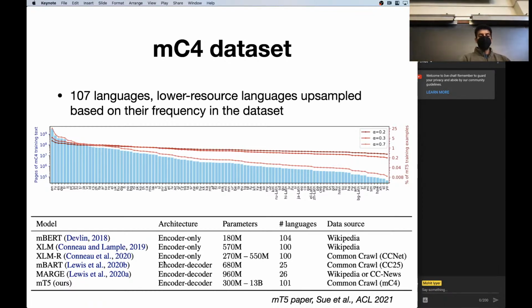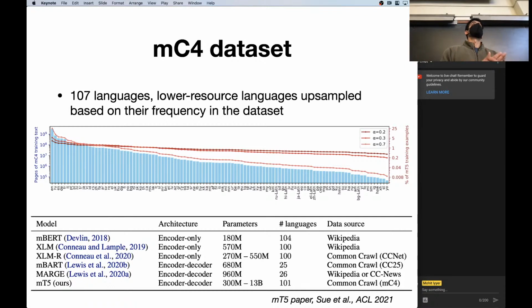So here is a comparison of some of the multilingual pre-trained models that have been released in terms of both the size and the number of languages. So MBERT was kind of the first one. The BERT authors thought it would be straightforward to just release the same model except pre-trained on different Wikipedias. You can see it's relatively small, 180 million parameters, has 104 languages, but the data comes from